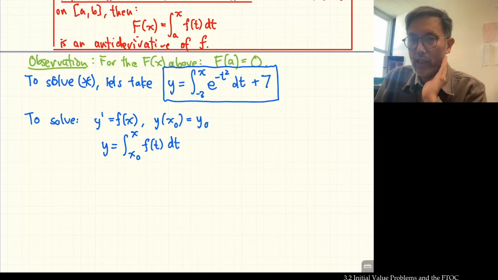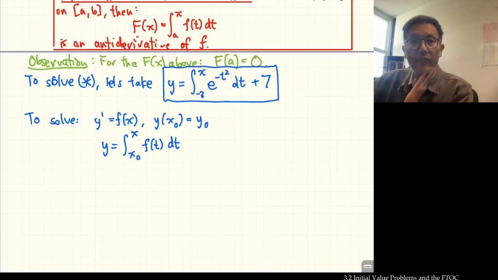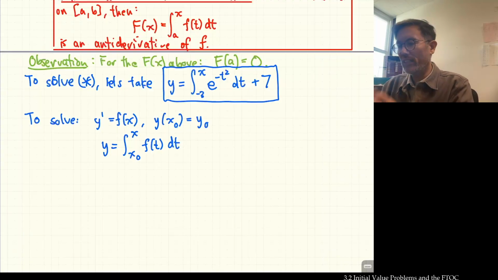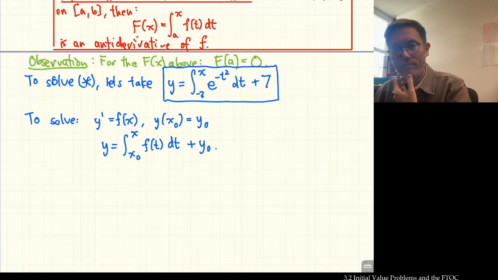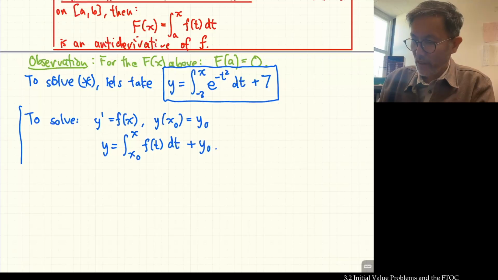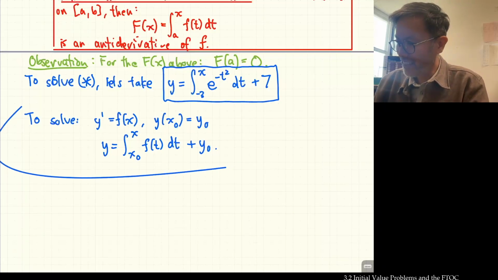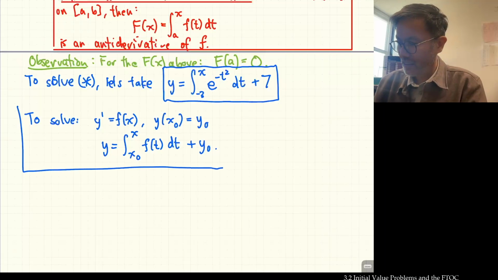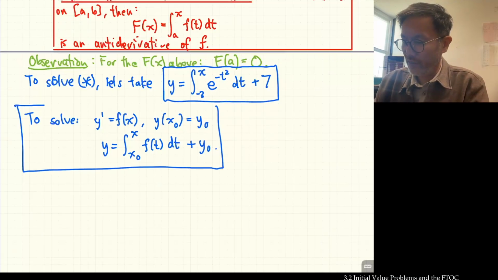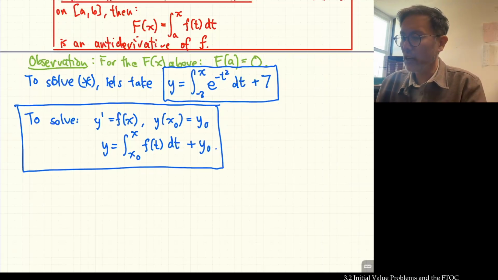So this is, we know, an antiderivative by the fundamental theorem of calculus, but it doesn't necessarily meet the initial condition, because if we plug x naught into this thing, we get 0. So what do we do to fix it? We simply add y naught to it. This is a complete and total solution, fully general, to the initial value problem in this very specific case where